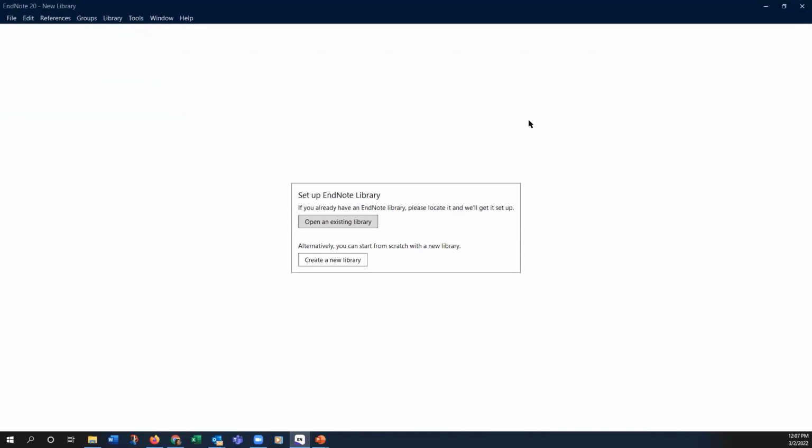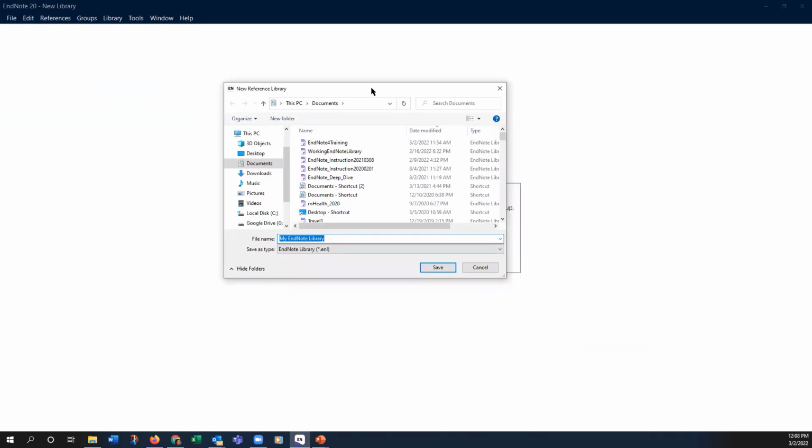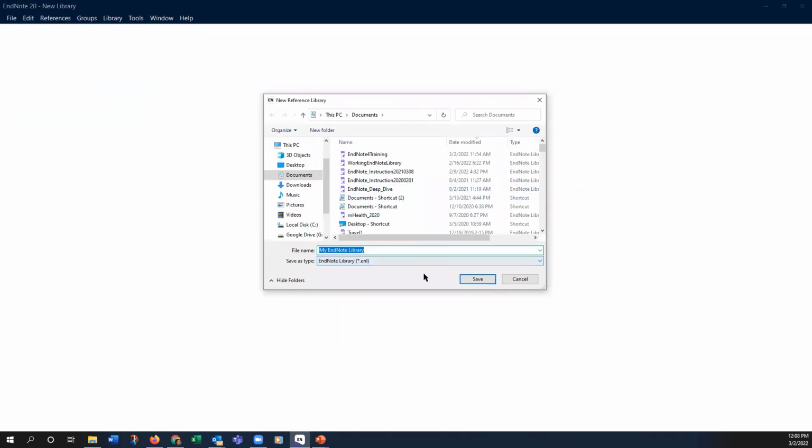For EndNote 20, if you open EndNote but you haven't opened the library yet, you see this screen. This would allow you to open your already existing library if you've created one. But if you're new to EndNote and you haven't created the library yet, you can click on this shortcut. I'm not going to create a new EndNote library, but if this is your first time, you'll see that by